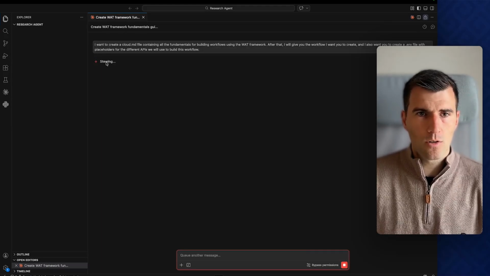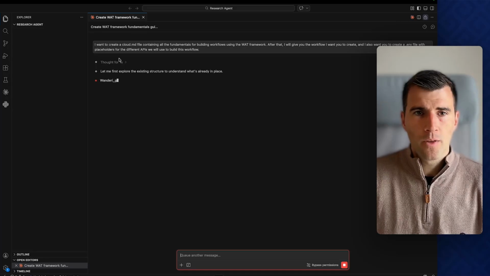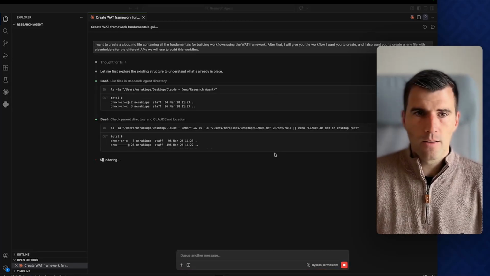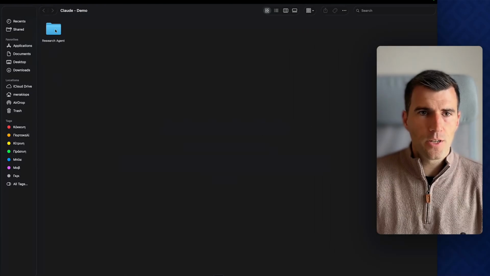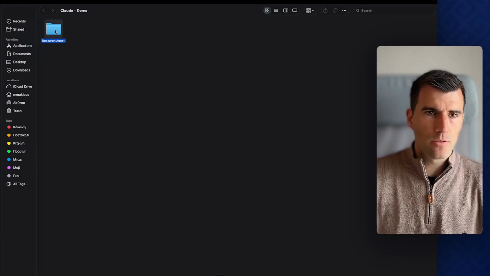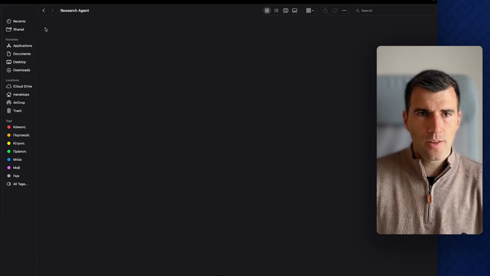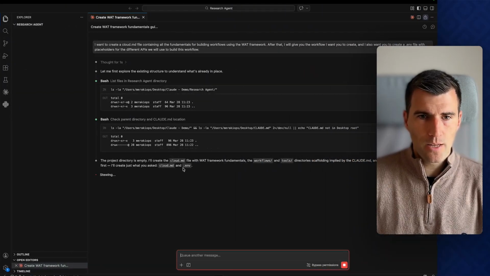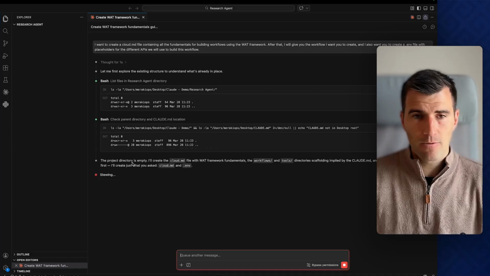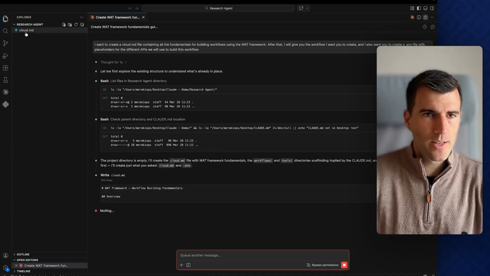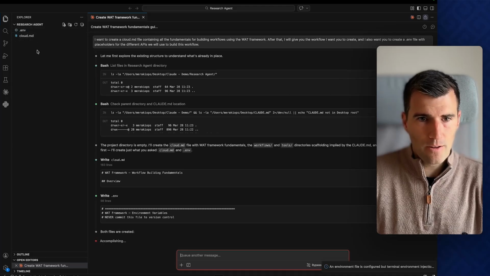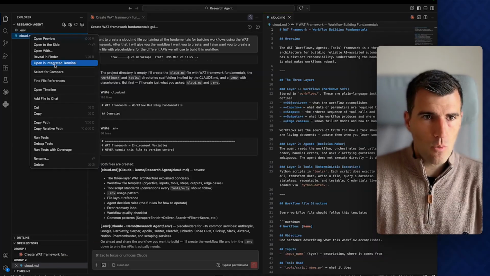So now it will start creating the .env file. Now, what's interesting is if I go to my desktop and find the folder that I created, you can see here, for example, that is the Research Agent folder. And if I go here, you'll see that nothing is there right now. But once this is completed, then you will see the files being created in that folder. So it created the first file, even though I said it's going to be claude.md, not cloud, and the .env file, everything is there. So we're going to rename this real quick to